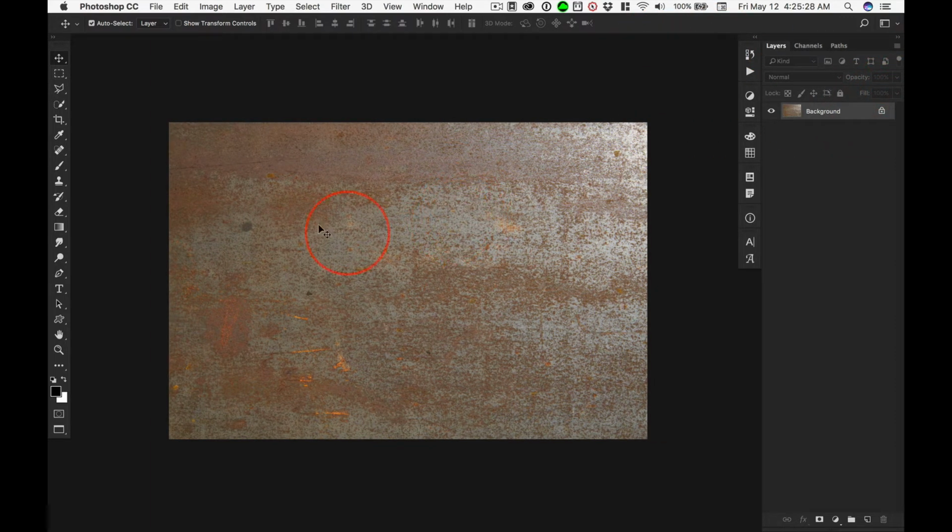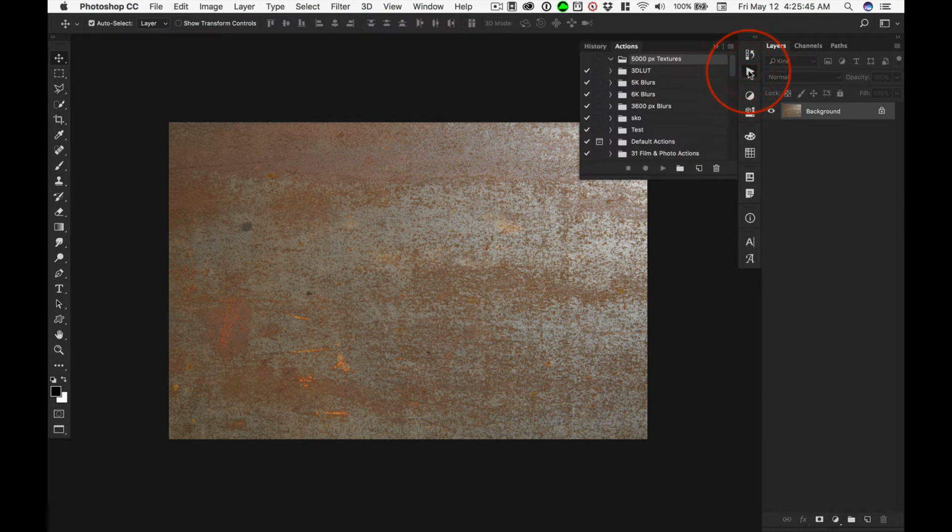You can work along with this. I'll provide this starter file. It's a DNG that when you open, it launches in Camera Raw. Just open the image in Photoshop and you will have this image sitting here with a locked background layer. So to make the action, hopefully you worked along with the prior videos, you go ahead and click on